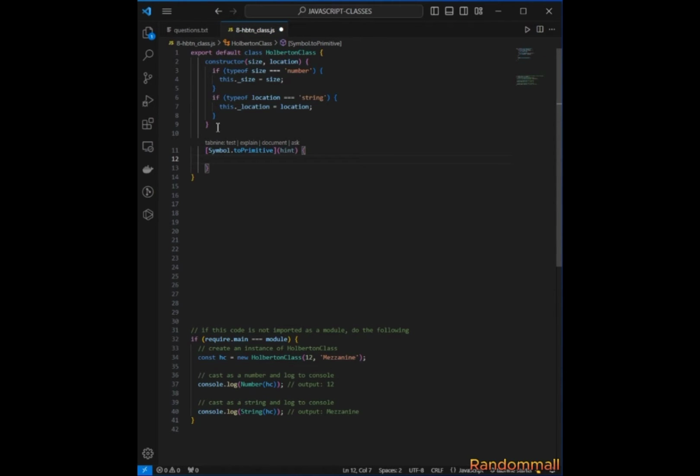So what is hint, or whatever we put in here, it represents the object or class that is being cast into any primitive value. That is, like here we are casting this instance as a number, so this hint is number. Here we are casting it as a string, then this hint is string. So inside this,